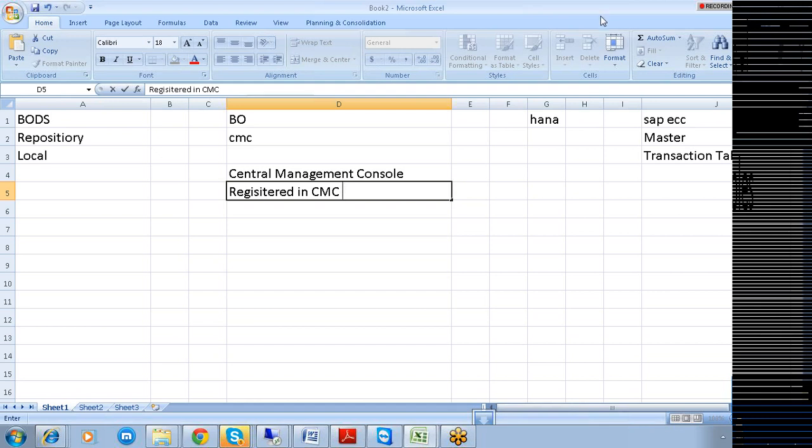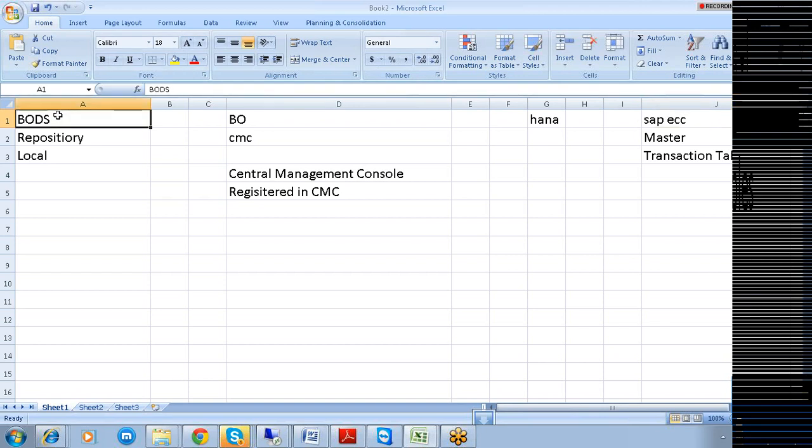First, we are going to start with a type of replication called ETL based replication. To work with ETL based replication, you need to work with three major components: the SAP ECC systems, BODS, and Business Objects.